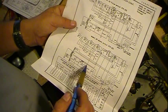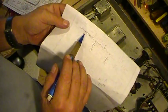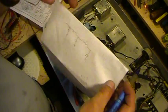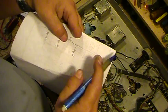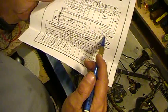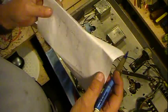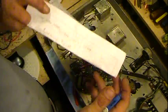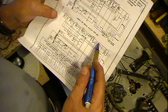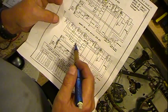This and this are your two main filters. So this is your pi filter right here. That's the first one that I drew right here. Field winding, the next capacitor, filter capacitor, and then that runs off to them plates. So here's the field winding right here, comes back, here's the other capacitor going to ground, which is right here. And at that same point we run off our B plus, super filtered B plus, coming up and feeding up to the first audio, coming back and feeding the detector, and then this line here, which goes down through the volume control,